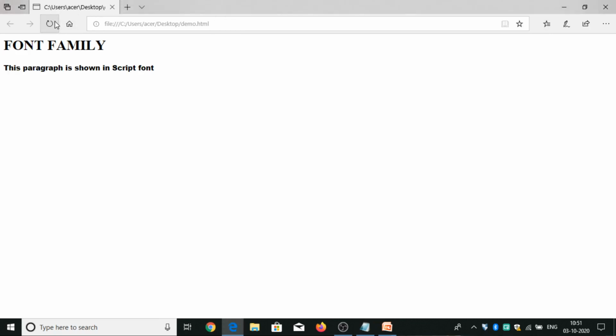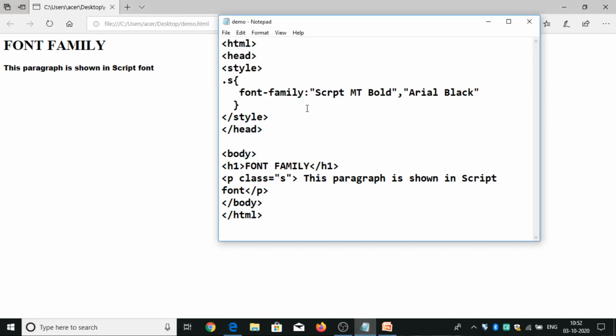This is Arial black. If you observe, here this font family doesn't match with this value, then it goes for the next one. If this is also not matched, then it goes for another value.